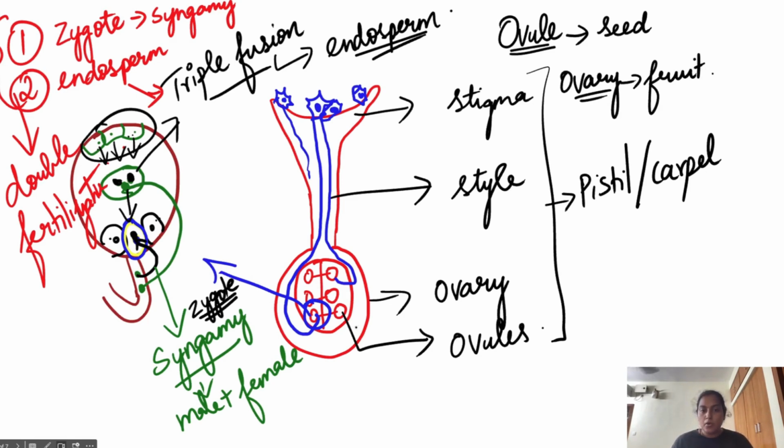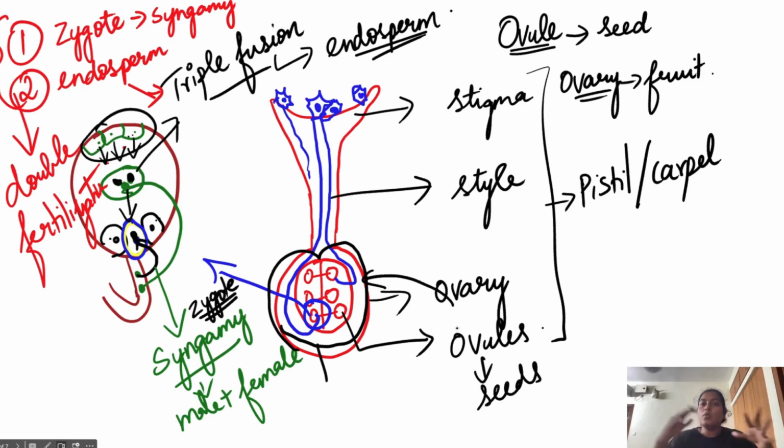Imagine an apple, okay? The apple has the fleshy part which you eat, and it will have many seeds inside. Now imagine this is the ovary. This is going to become the apple, and these are the seeds. So, which is going to become the fleshy part of the apple? Ovary will become the fruit. What are these ovules now? They will become the seeds. Ma'am, what will happen to the rest of the parts? The petals, sepals, and so on will all wither off and fall.